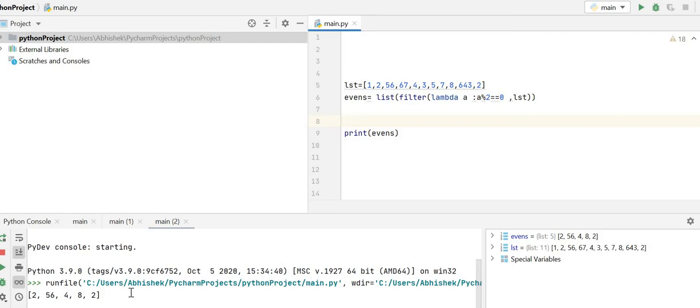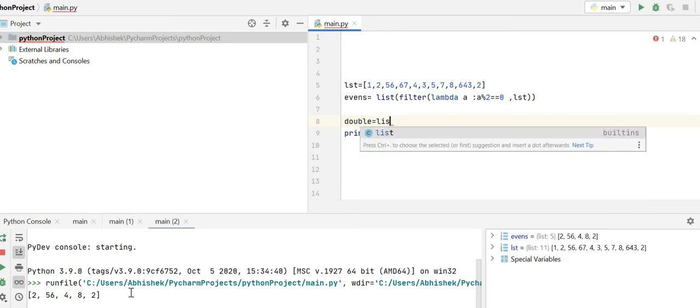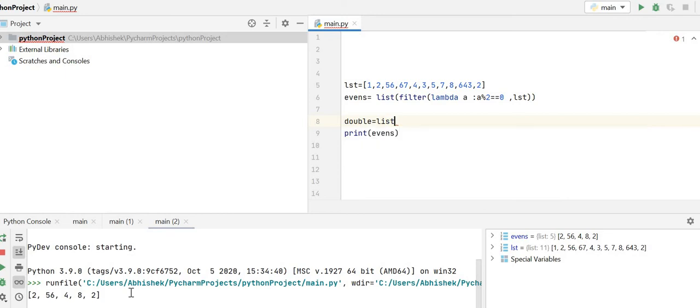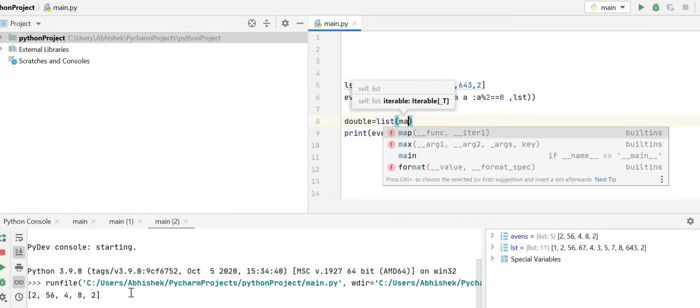Yes, and we can do that by map. So what we're going to do, I'm going to write double is equal to list, map,